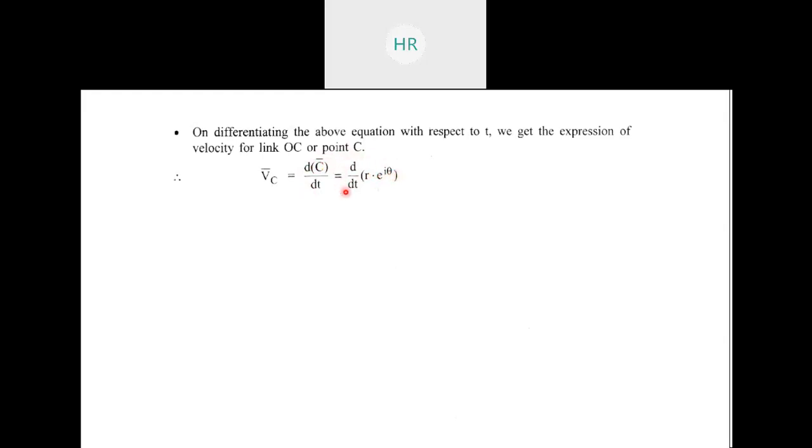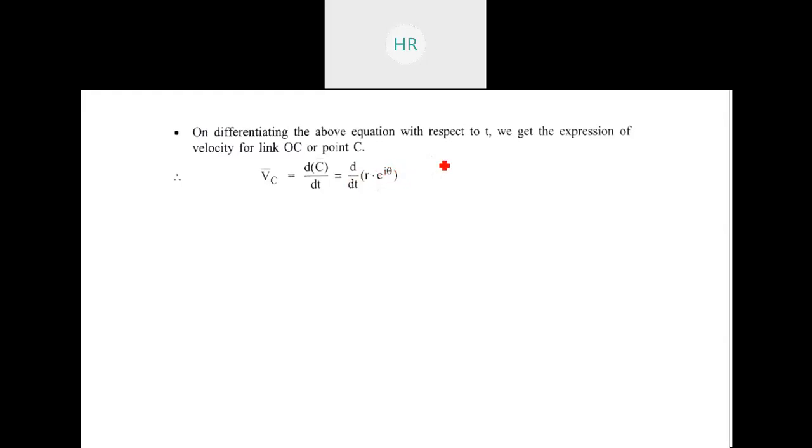Now simple differentiation is here. In this, small r is the magnitude of vector. Magnitude of vector means આપણી જે link છે તેની length. Now throughout the operation આપણા mechanismની length change નથી થતી. Okay, જે પણ linkage છે linkageની length change નથી થતી. Okay, so small r is constant. In this term, small r is constant.